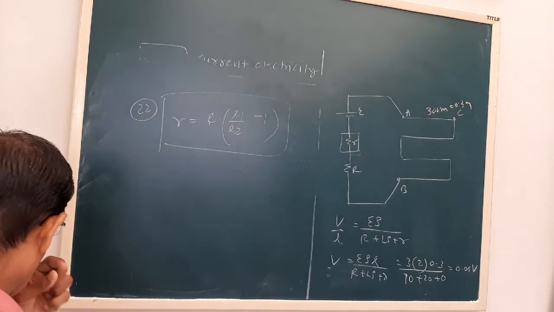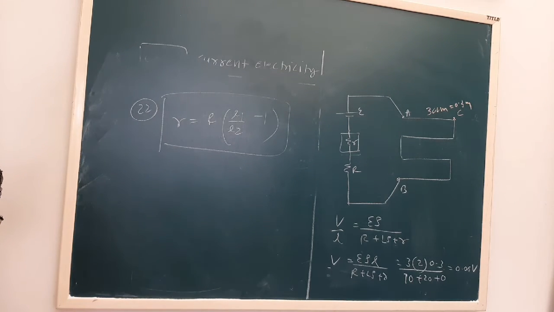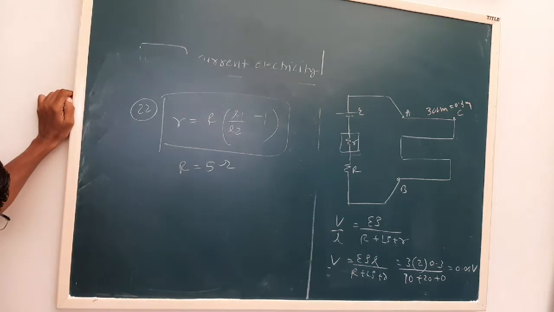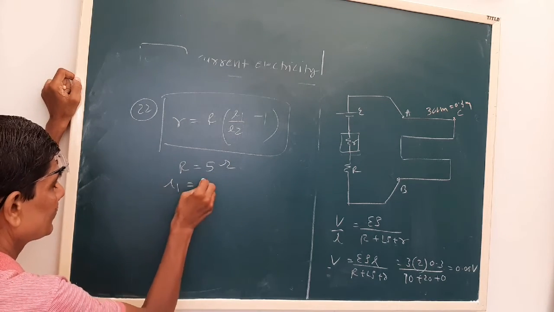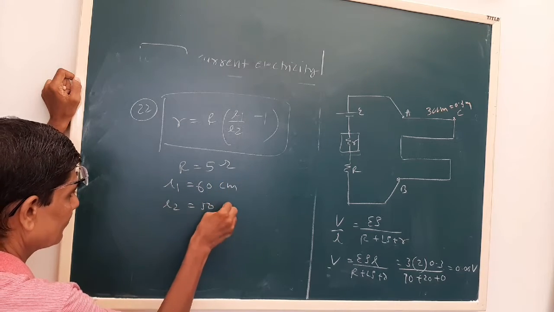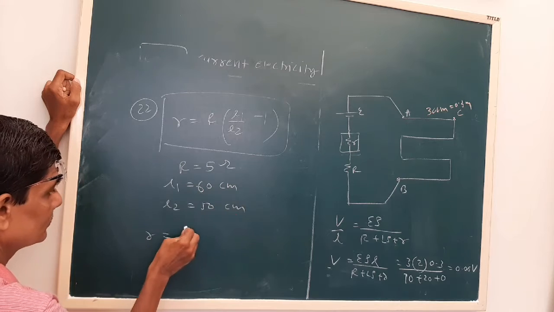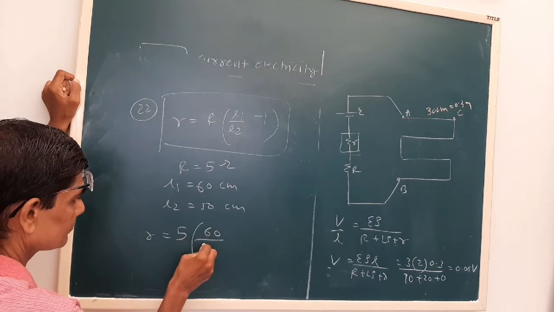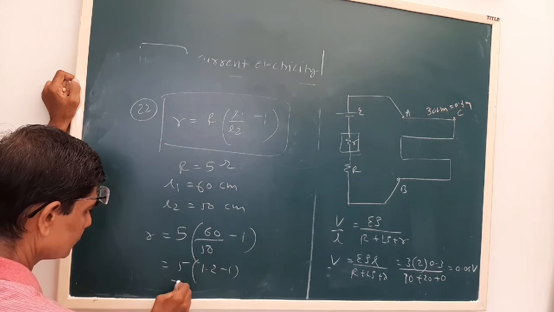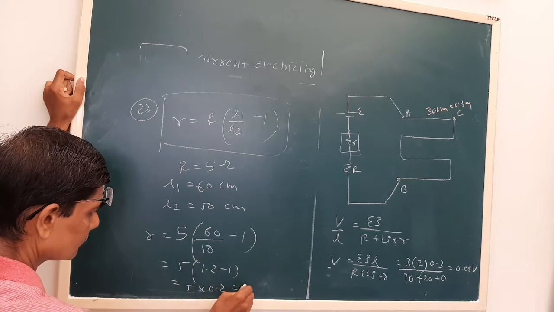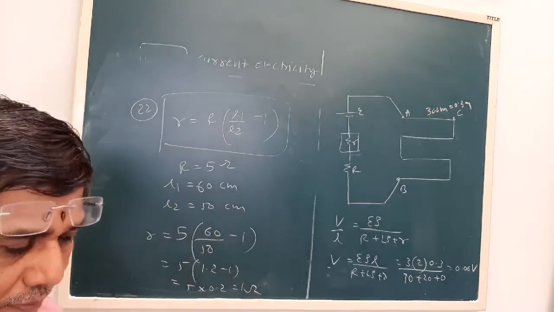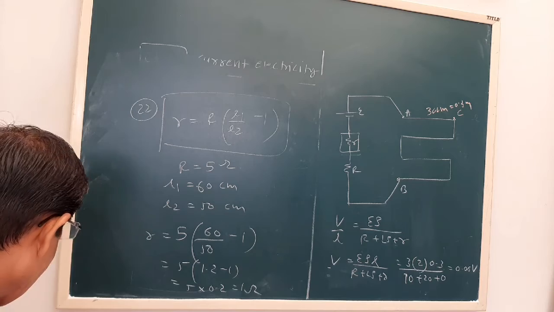Here one value is 60 centimeter, capital R is 5 ohm, L1 is 60 centimeter, L2 is 50 centimeter. So r is equal to